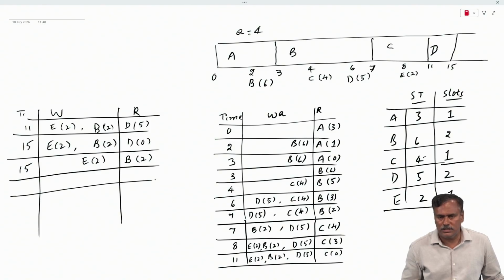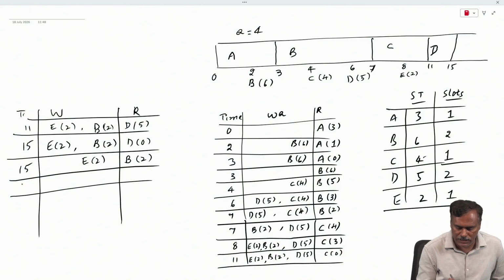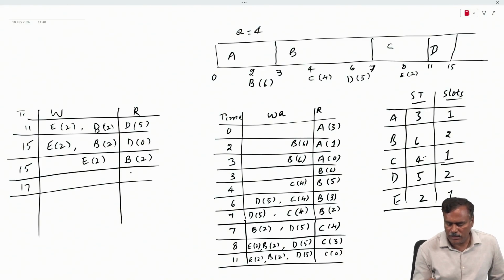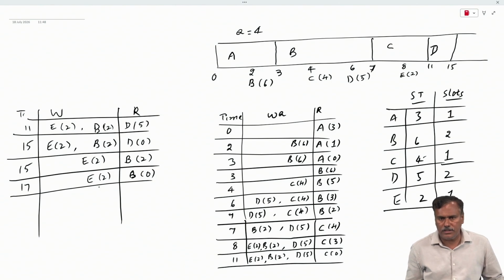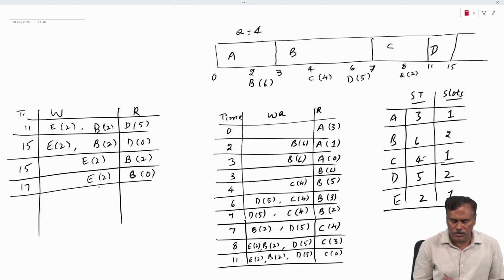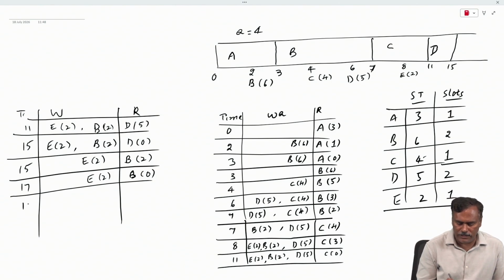So you are going to stop its execution and start the execution of another process which is waiting in the queue. At the 17th interval of time the remaining service time of B is going to become 0, and you have been left with only the process E in the queue. So now at the 17th interval of time,